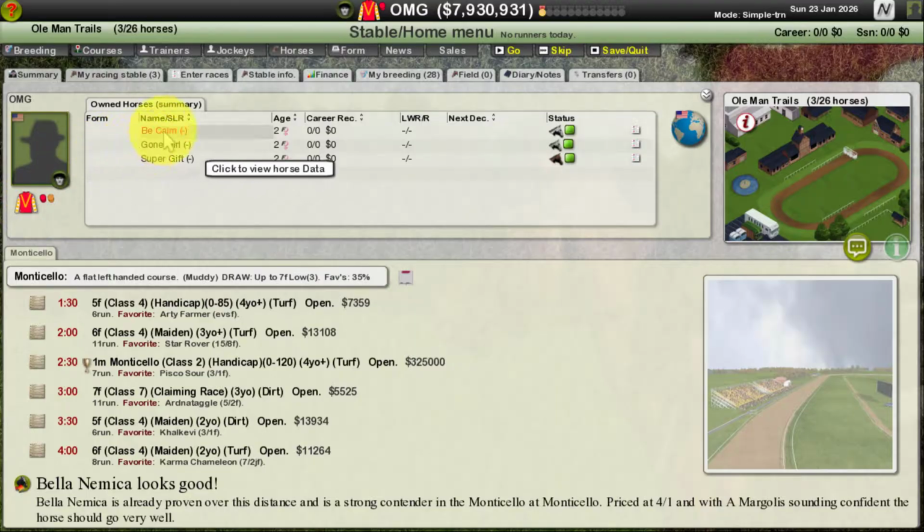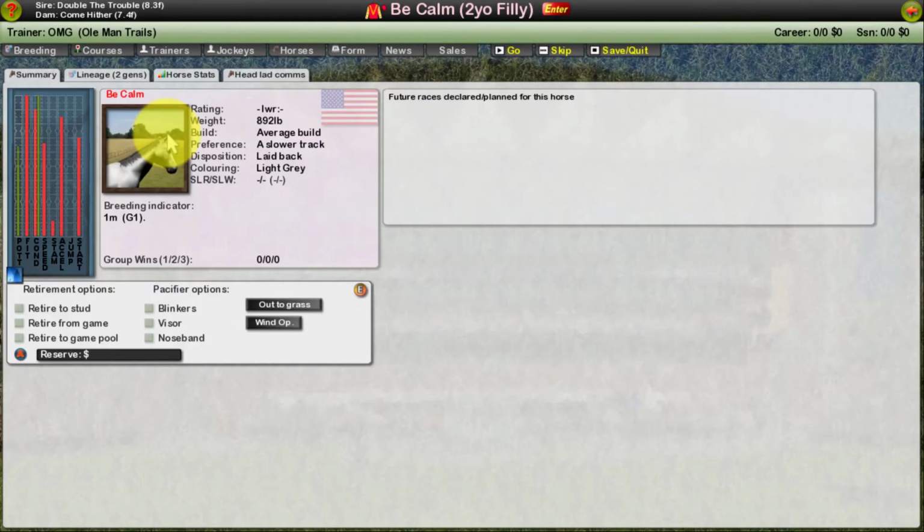Some that we've bred. We got 3 fillies here in our stable that are ready to get to it. Be Calm, Gone Girl, who we renamed, and Super Gift, who we were unable to rename, if you recall from episode 3 previously. So let's just take a look at the 3 that we have here and get them geared up to start racing. So this first one, Be Calm,